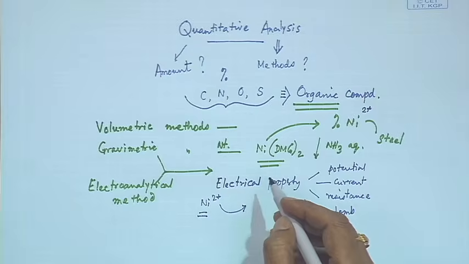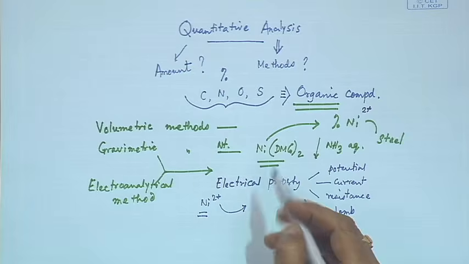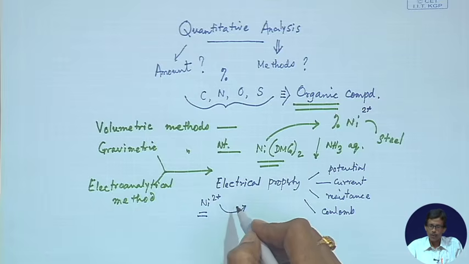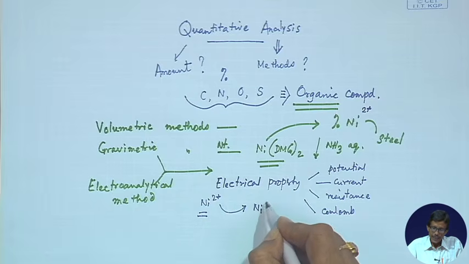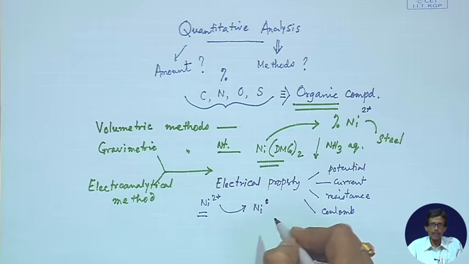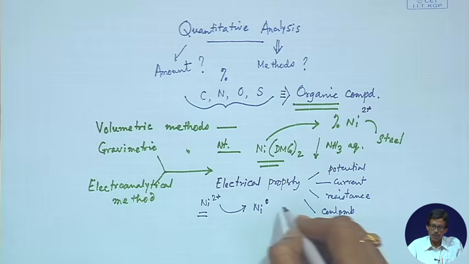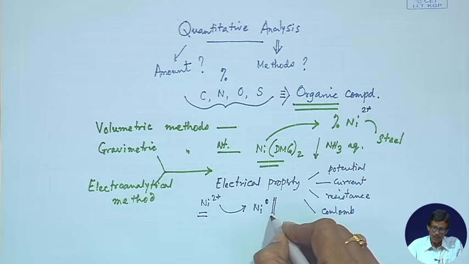So, to estimate Ni2 plus, how do you think of some process or methodology which can be useful for our quantitative analysis? That Ni2 plus is there, and this Ni2 plus we have to reduce to get nickel 0, and this nickel 0 in its metallic form can be deposited on some electrode surface. So, if it is the cathode, on the cathode surface,